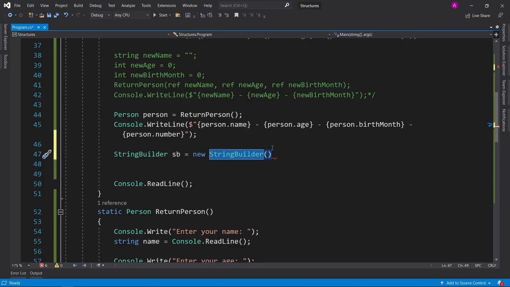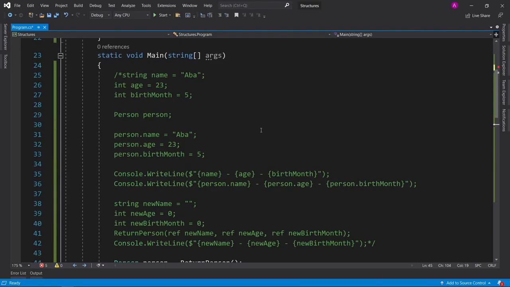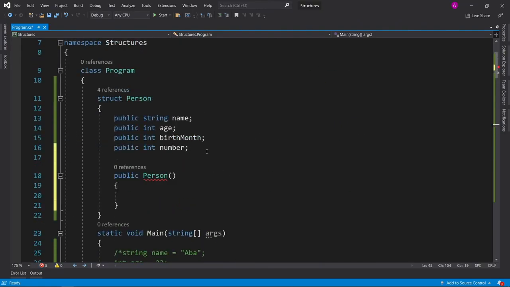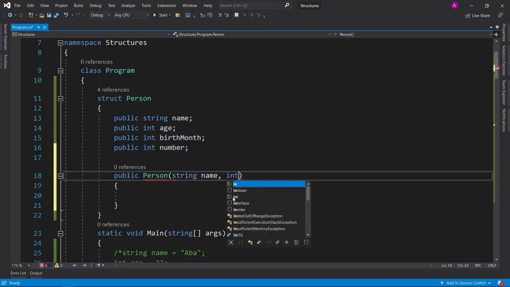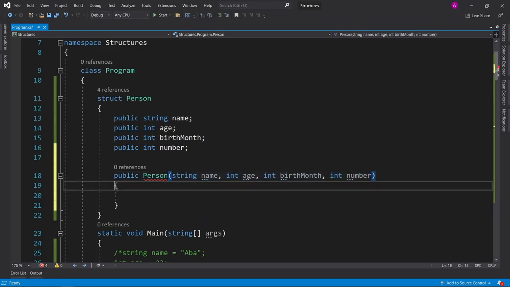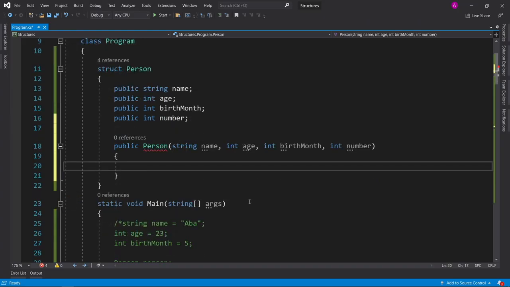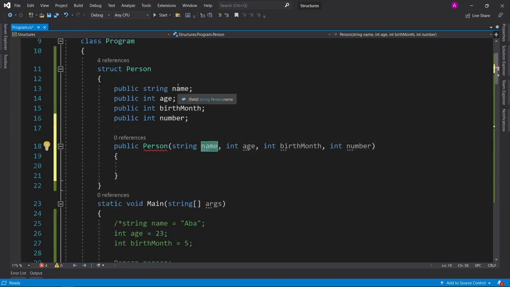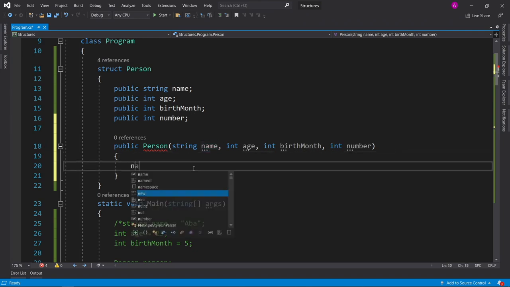And that's the same is true with our current person. So what we need to do in this case is, we don't have multiple ways that we can construct this. In the case of our person, we have to provide all of these details, otherwise the compiler is not going to like it. So we can have a string name, int age, int birth month, and an int number. And now we've got our parameters set up, we actually need to make use of them in here. So because we have name, and they're exactly the same, string by string, then in here we can't say name